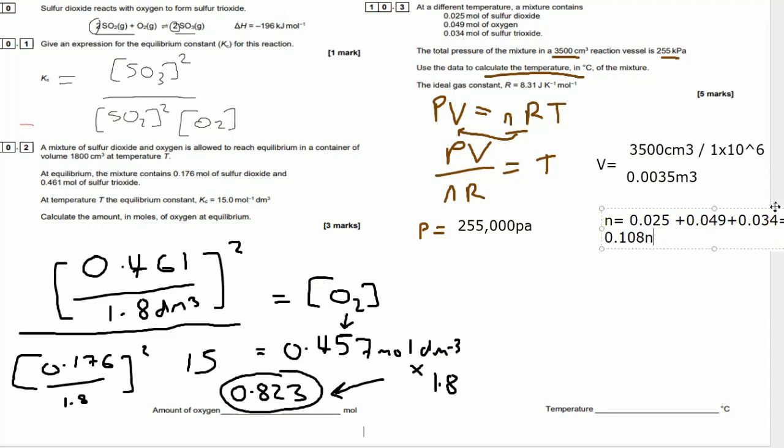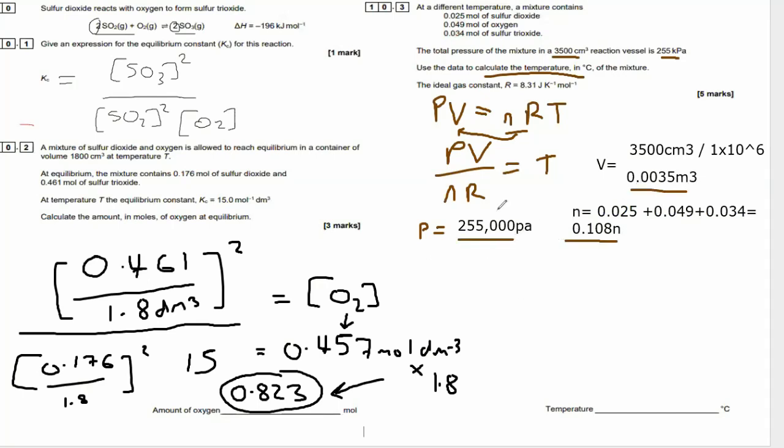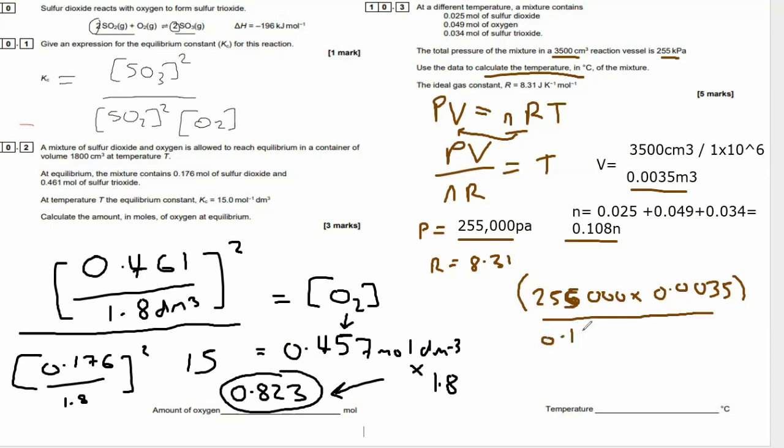Plug it all in by doing 255,000 multiplied by 0.0035 meters cubed, which is the volume. Make sure you put brackets for all of this, otherwise it won't come out good in your calculator. And then divide it by the moles, which is 0.108 times by 8.31. Again, you should bracket that. And that's going to equal